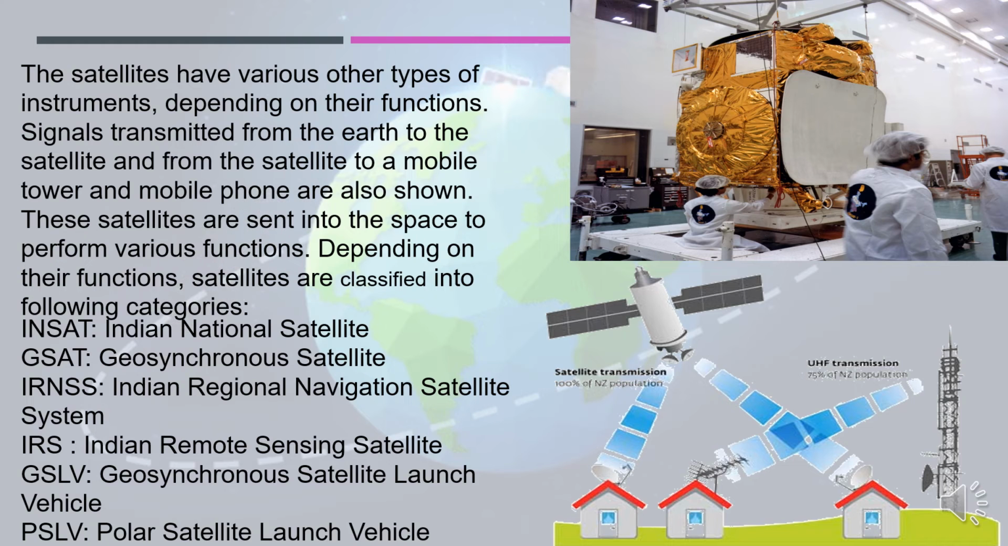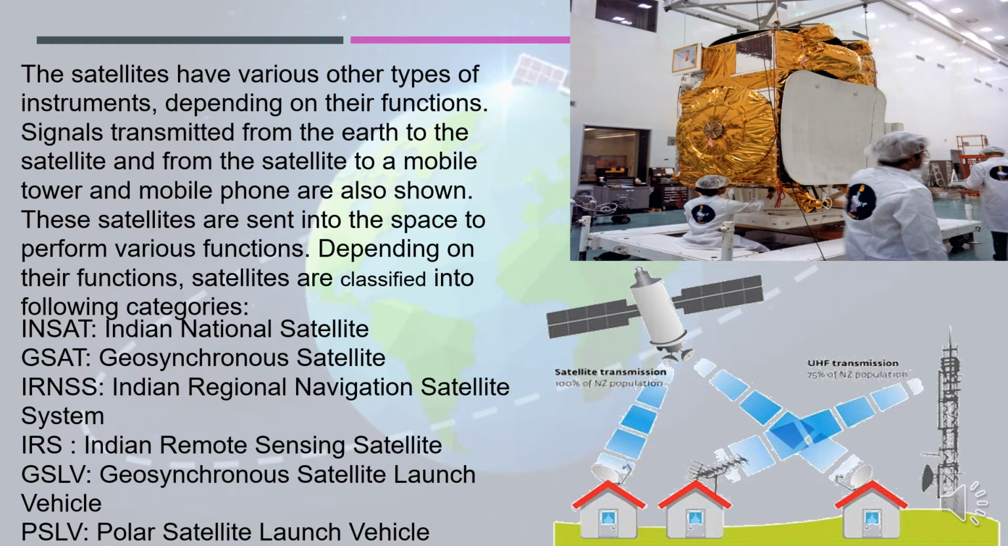Now, there are these names that you need to know. Indian National Satellite, the abbreviation is INSAT. GSAT, that is Geosynchronous Satellite. Now, these are all names of satellites, okay? Indian Regional Navigation Satellite System. Then you have Indian Remote Sensing Satellite. Then you have